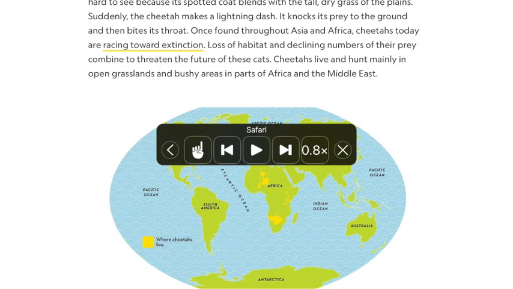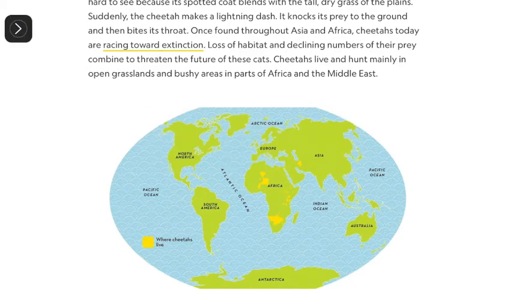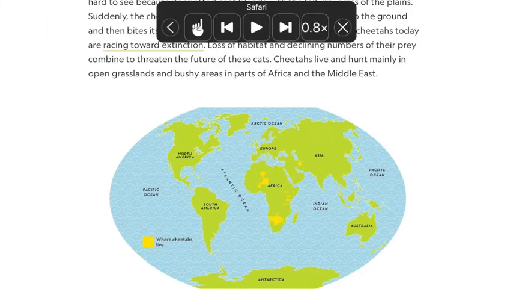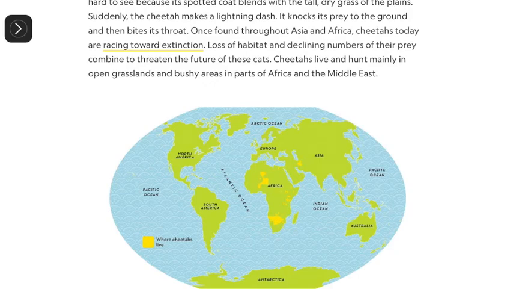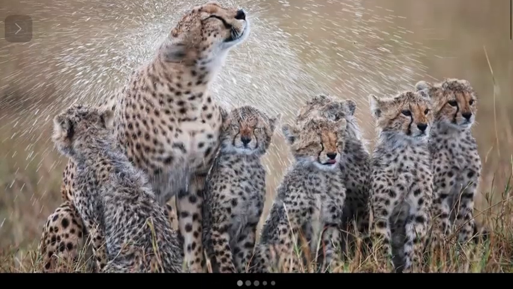It does give me the option for play, to go to the beginning, to go to the end. That option bar will move to the side as you just saw. If I need that again, I just click on the arrow and it will pop up to allow me to make changes. One of the pros of this is the fact that I can have the pause and the play available as I go. One thing to be aware of, though, is if I start at the beginning of a website,